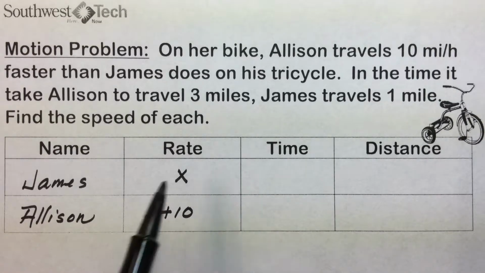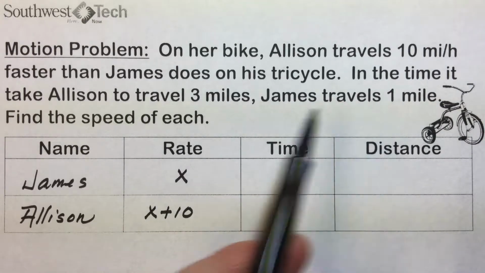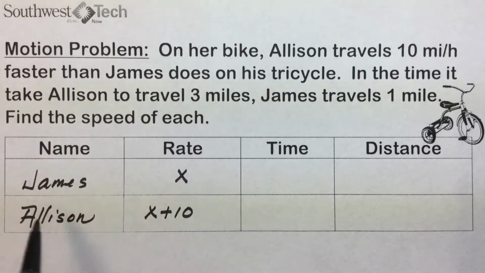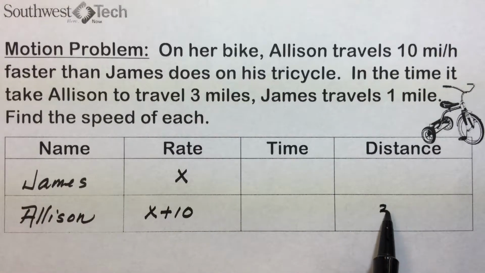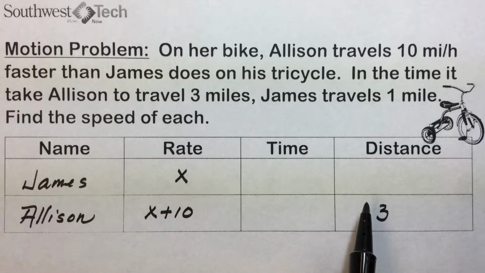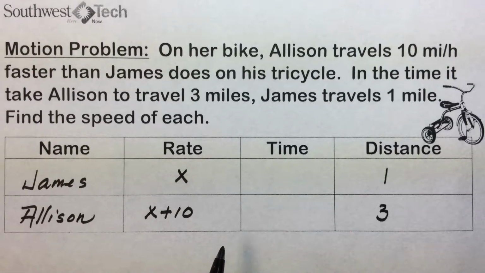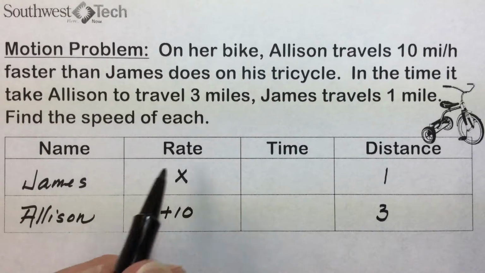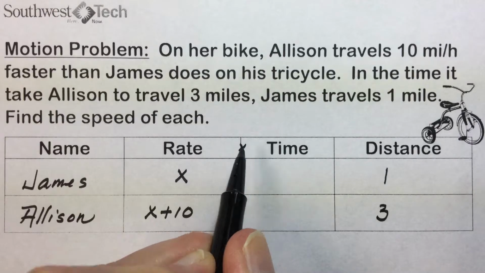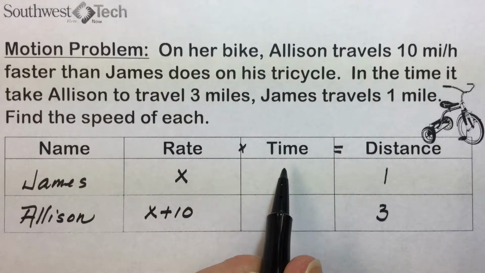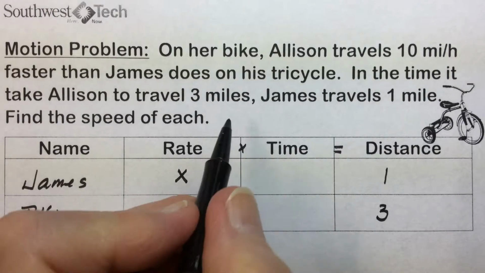The next sentence tells us in the time it takes Allison to travel 3 miles, so we'll record that. Her distance is 3 miles. James travels 1 mile, so we'll put our 1 mile distance there. And it's saying that the times are equal for these two to travel these distances that were given in the problem. Using our formula then, rate times time equals distance, we have the formula